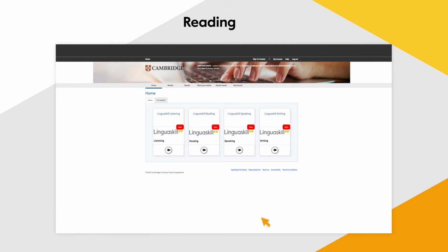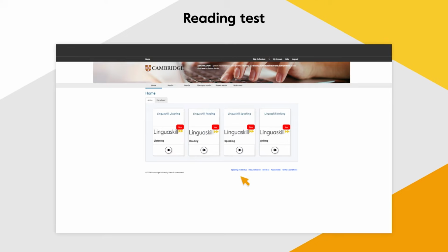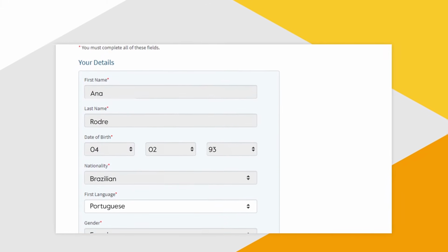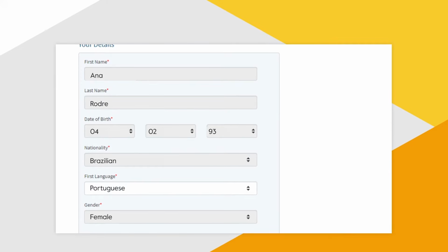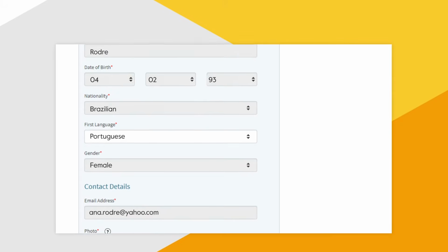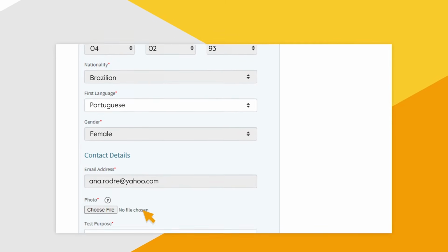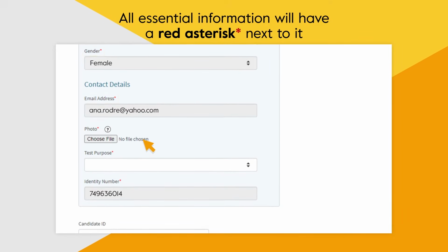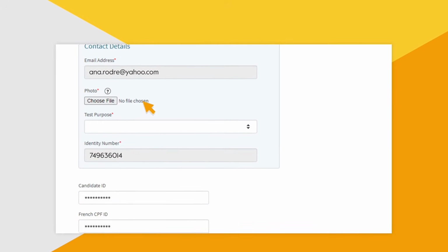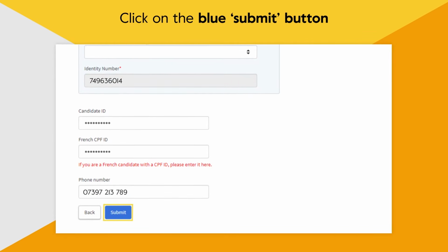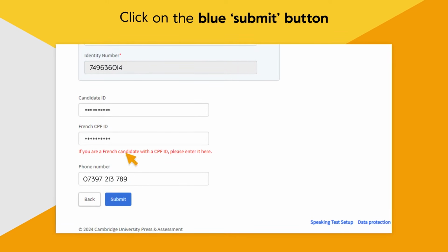For this guidance, we are following the journey for the reading test. Once you click on the reading test, you'll be asked to check the information you provided when registering. You will also be asked some additional questions if this is the first module being taken. All essential information will have a red asterisk next to it to show that it's compulsory. After all the compulsory information has been entered, click on the blue Submit button to go through to the next